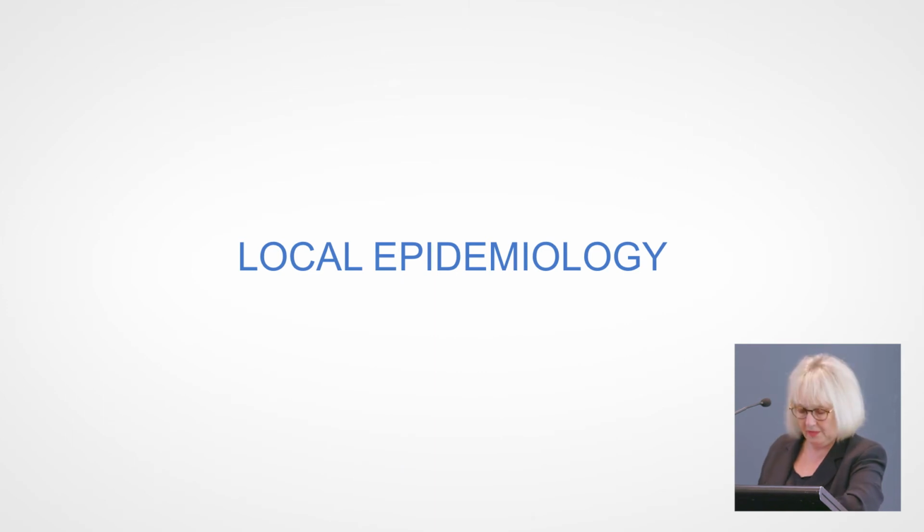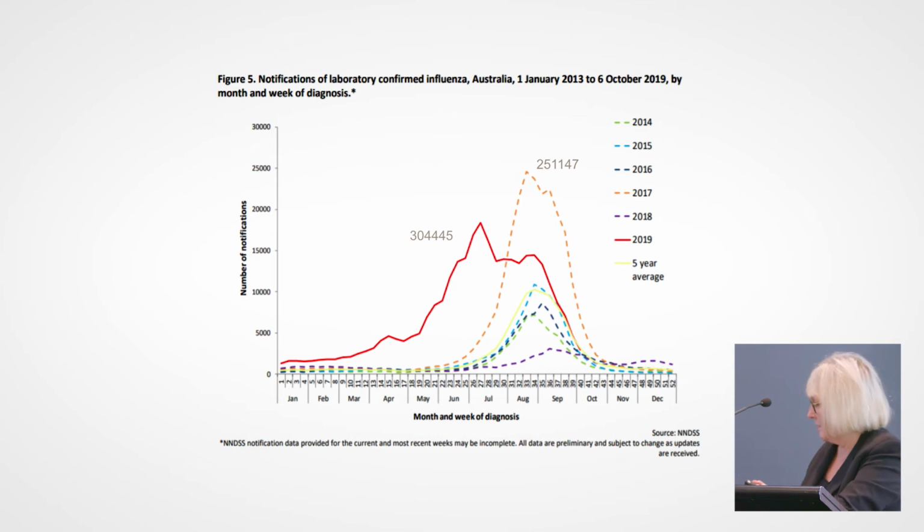Just talking a bit about the local epidemiology. This was Australian numbers for last year, up to the 6th of October. Last year, remember, we had a flu season that started quite early, and it went on for a long, long time, didn't it? We had over 304,000 cases in Australia,